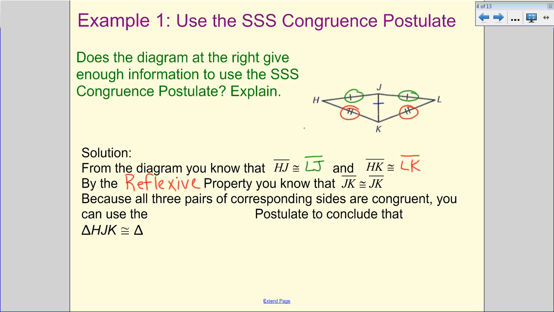This third side is the same in both triangles, but we know that it's congruent to itself because of that reflexive property, which is why it is so important for us to learn those in chapter 2. Because all three pairs of corresponding sides are congruent, we can use the side, side, side, SSS congruence